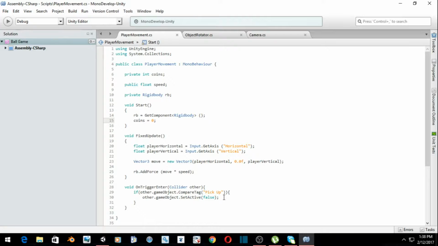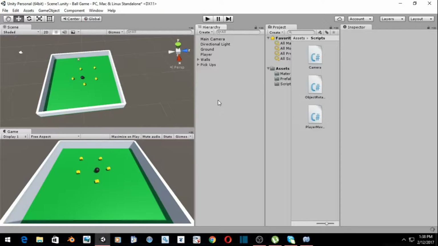And on our on-trigger enter, after where we set the game object to false, we're going to want to say coins equals coins plus 1. So when it does pick up, then it will add 1 to our coins value. So now if we come back into Unity, make sure you save the script, come back into Unity and we